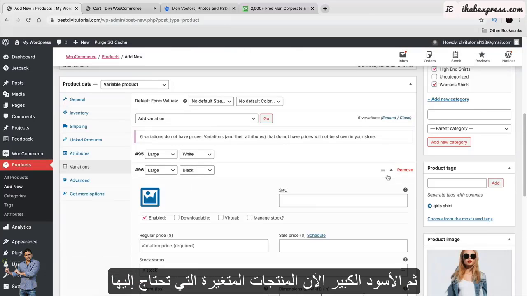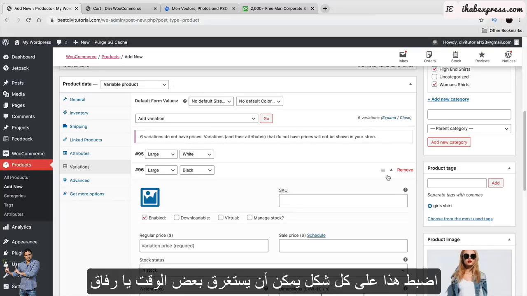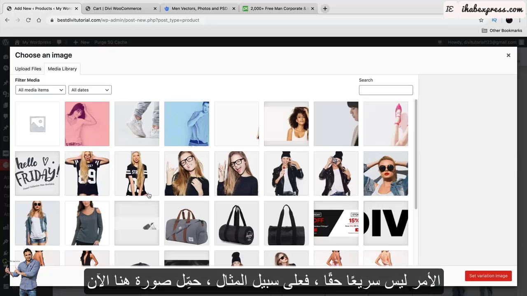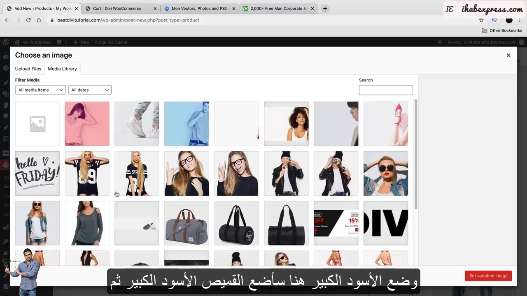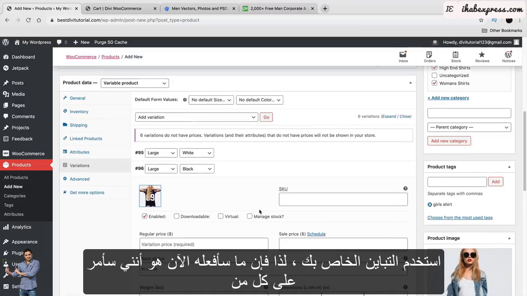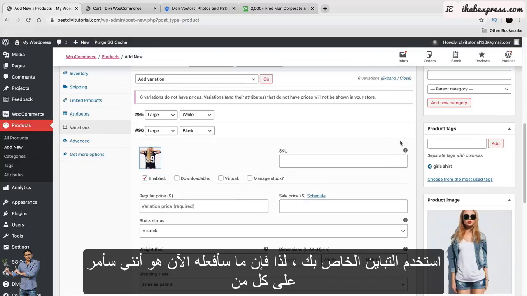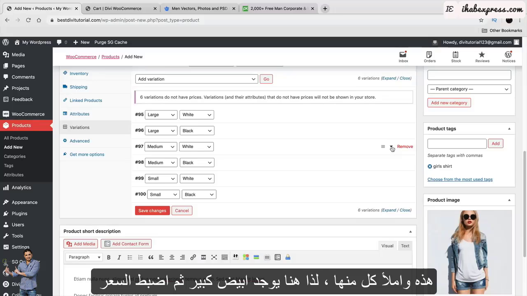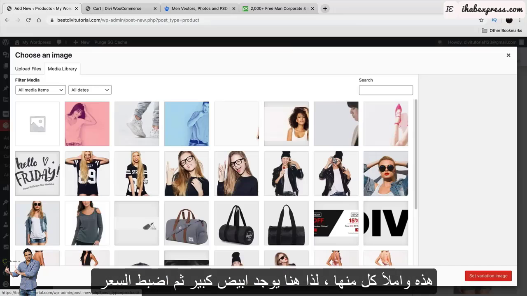And then large black. Now, variable products, you need to set this for every single variation, which can take a little bit of time, guys. It's not like really fast. So for example, right here, upload an image. Now we're putting the large black, right? So here I'll put the large black shirt and then use for variation. So what I'm gonna do now is I'm gonna go through each of these and fill each and every one out. So right here, large whites,